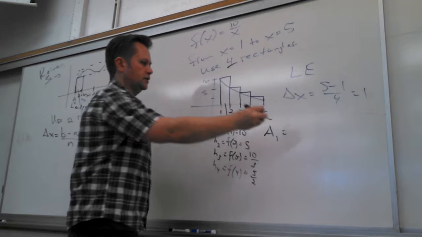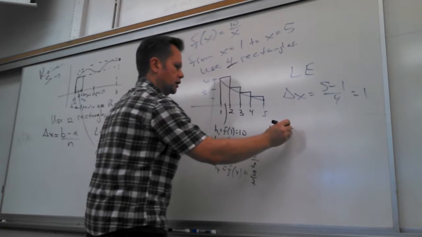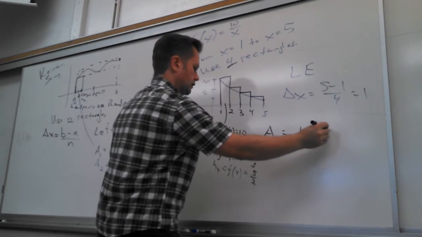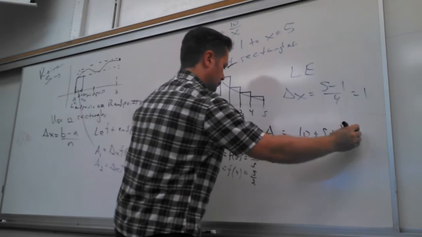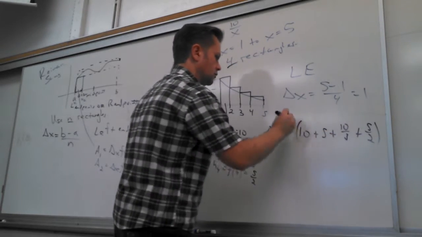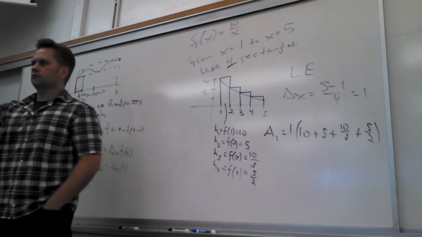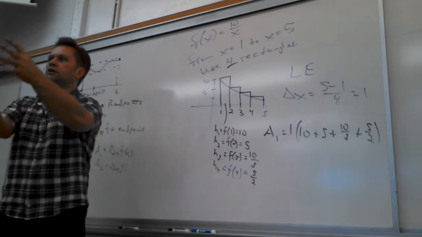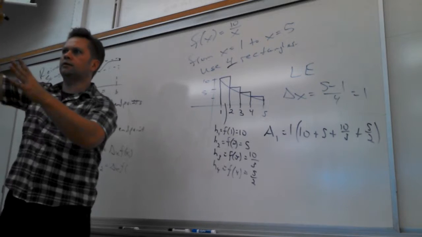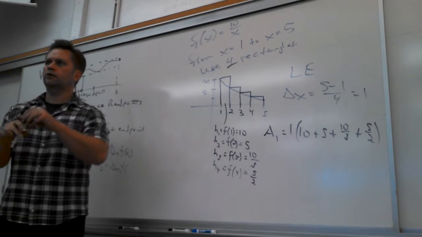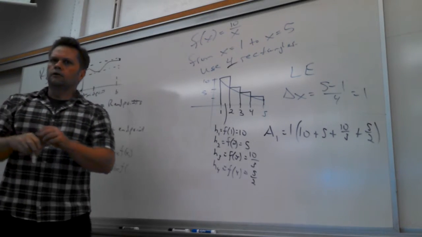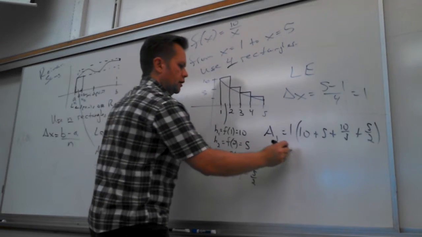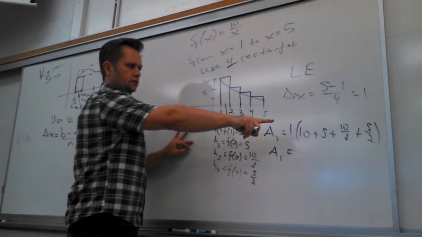Can't I just, in general, take all the heights? Let me see if you guys agree with me on this. If I take all the heights and multiply by the width, like undistribute the width, because every one of them is going to have delta x in it. The only thing that's changing is the height. So that's kind of an improvement right there. The width is 1, that's nice. So the total area then is